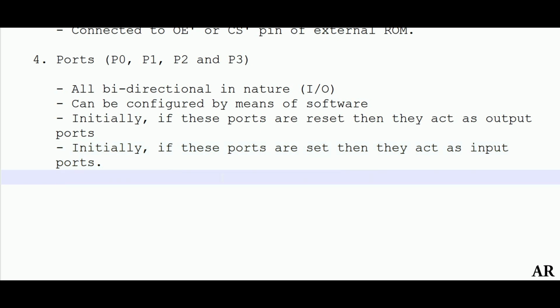And this point I have highlighted in your bit addressing mode also, and now also I am pointing out that all these ports are bit addressable. So for a specific port P1, you are having 8 bits because they are all 8 bits in nature. So P1.0, P1.1, P1.2, all these can be bit-wise addressed. So we are done with your pins and signals. Let us move to the last topic, which is your 8051 interrupts.